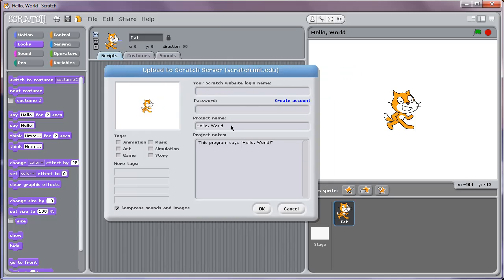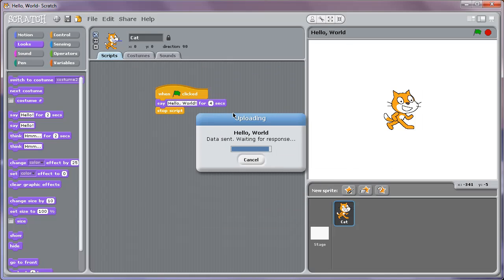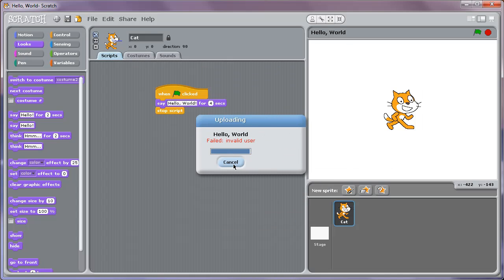You'll notice that the name and the program notes are still there. You need to put your login that you got from the Scratch website. So mine is Mr. Coxell, and your password. So hopefully you remember your password, and you can click OK. And that'll save the program, and it will upload it